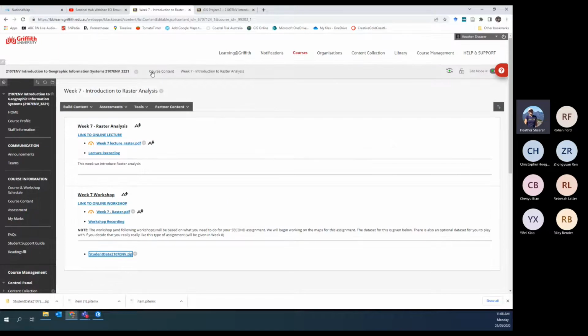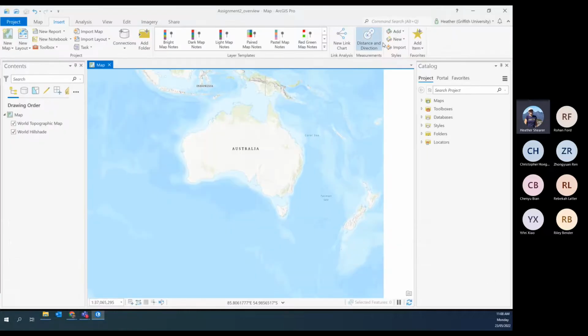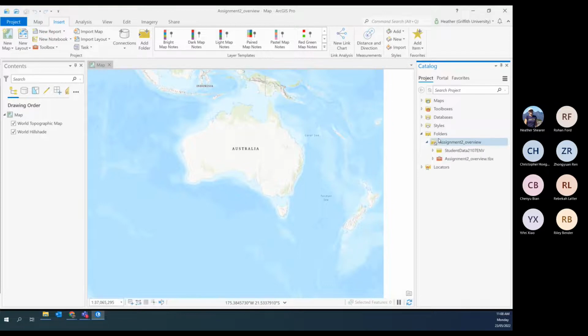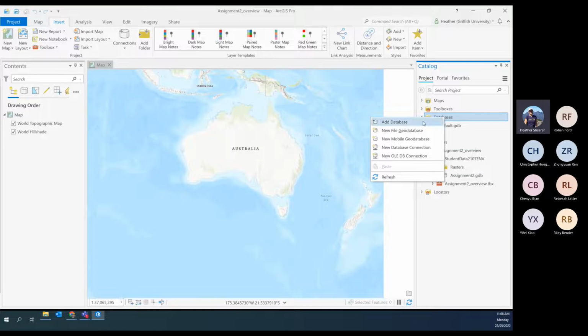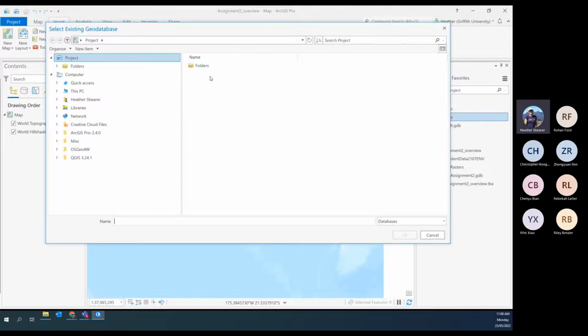So then what we do is I'm going to close it down, go back into ArcGIS Pro. And you can see I've already created this thing. Just going to refresh it, I can see it. So in this thing was the geodatabase, the assignment 2. And this was the default geodatabase. So this is something I always do. Okay, it's really important. It says right click on database, go add database,